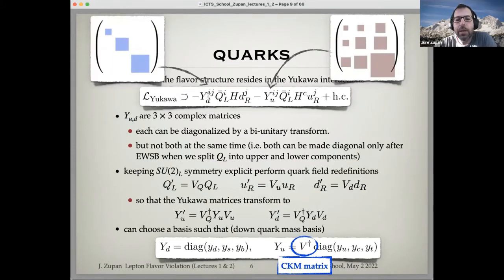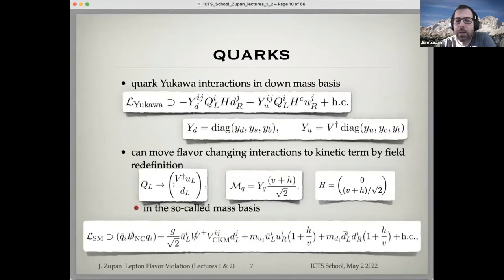Now, if we go back in this basis, the down Yukawas have this hierarchical structure. They correspond to the masses of the quarks. So the down quark is much lighter than the b quark. While in this basis, the up